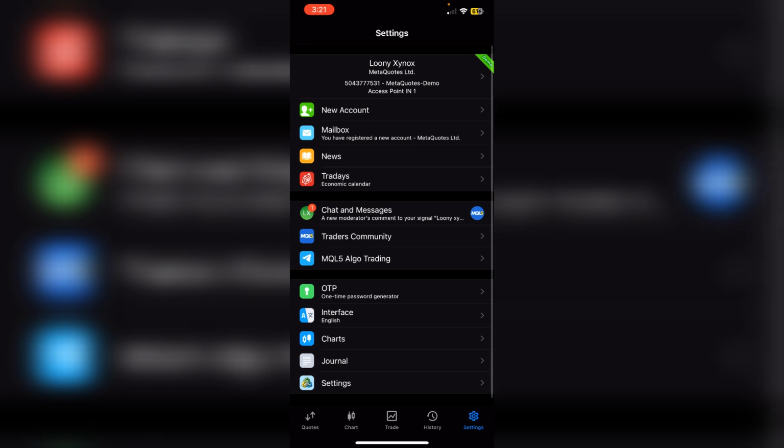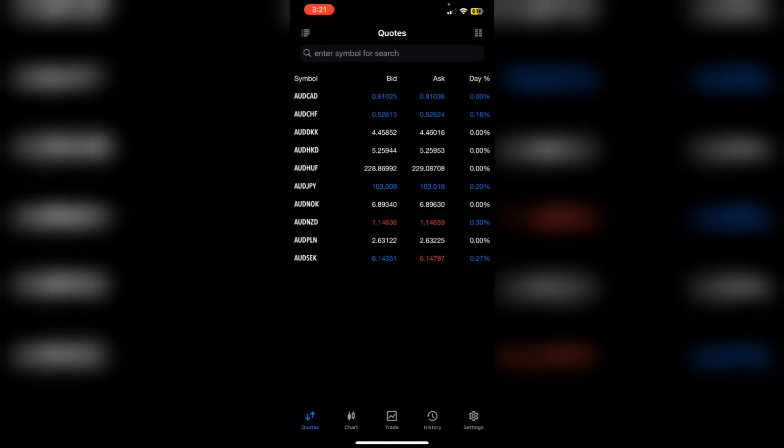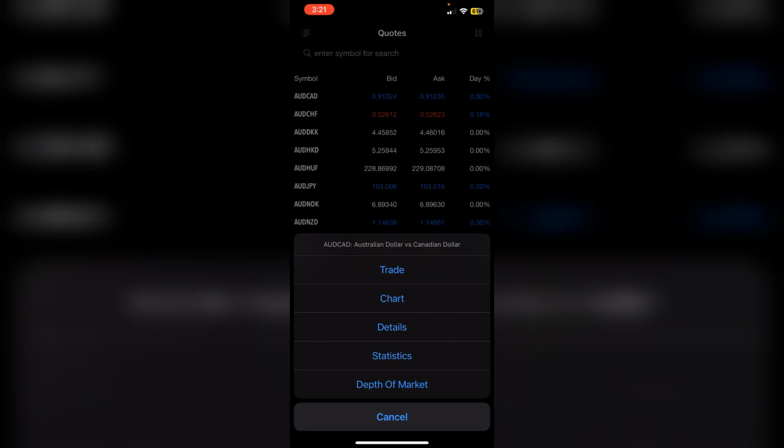and now you can see there is a chart option shown on the screen, but you can also go to quotes. So let's tap on quotes, which is at the bottom left corner. Now let me select any of them from here. So let me select AUDCAD for now, and you can see there are trade options on the screen. So once you tap on it,